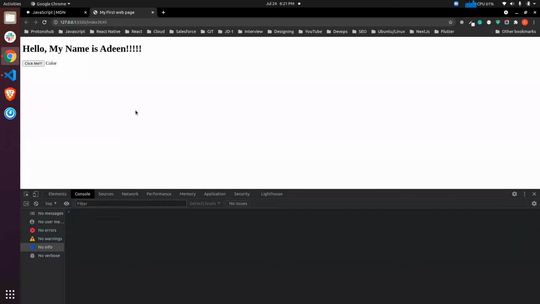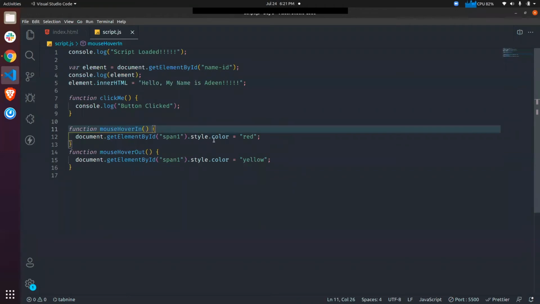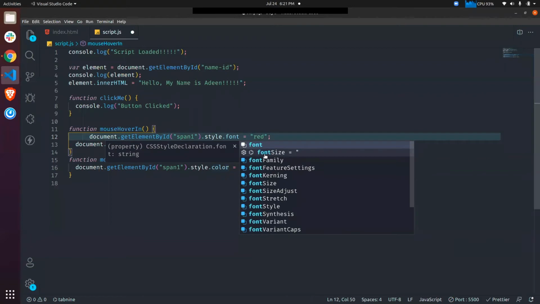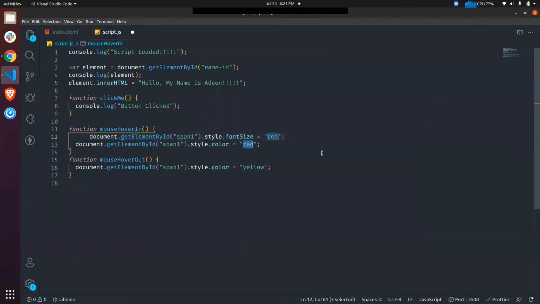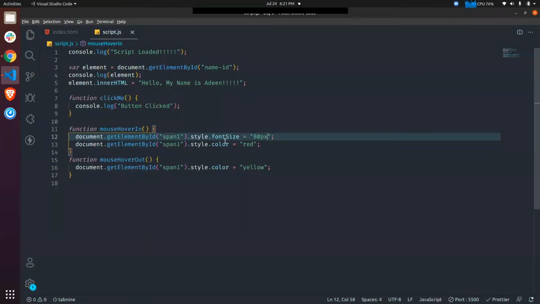Okay, so let me change the font size as well so that you will get a good view. Oh, I guess something is wrong. Okay, let me fix it.